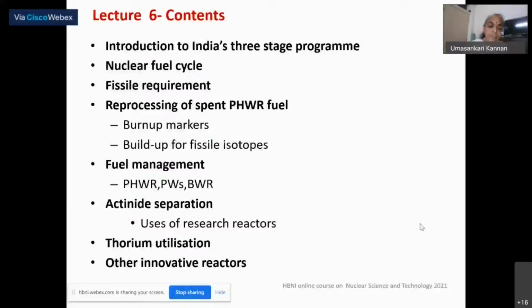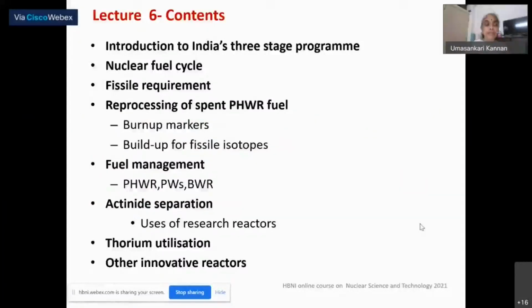and how this fuel management is done. We have to do fuel management, as I have already told you, in order to keep the reactivity, or maintain the balance. Then some sort of actinide separation, which I will try to touch upon. And finally, I would briefly present two concepts on thorium utilization. One is the advanced heavy water reactor, which we are building, only the physics concepts and only briefly, and the molten salt breeder reactor, which could be the reactor for the future, and it has some interesting concepts. So that is why I would like to introduce these two reactors.